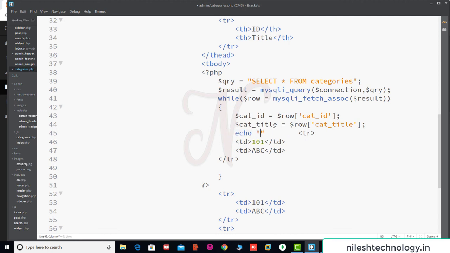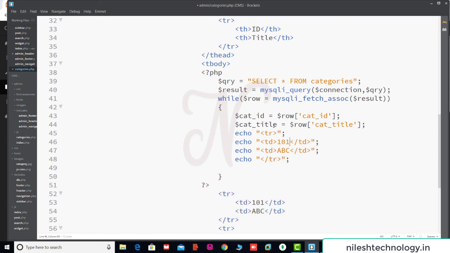So here using the double quote, here we start one table row, then next echo, this is the second echo, then third echo and the fourth echo. Close this tag.